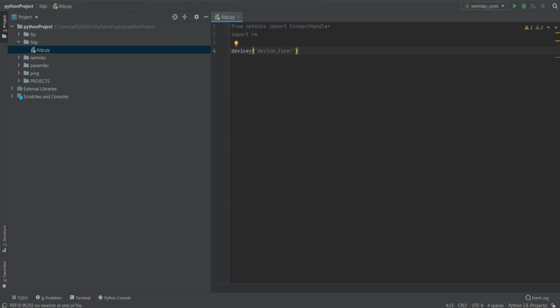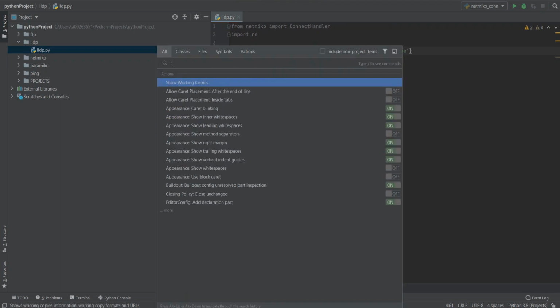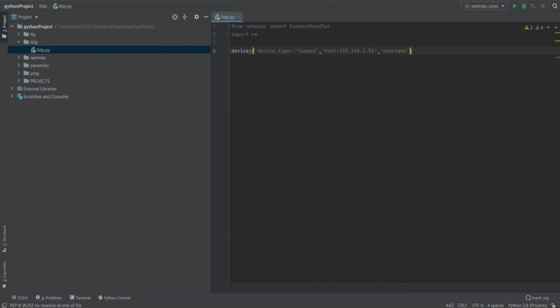The device type is Huawei because we are using Huawei switches for this course. And I also have to define the host IP address. Only one host IP address will be enough because, as I mentioned before, we will connect to only one device, one switch,